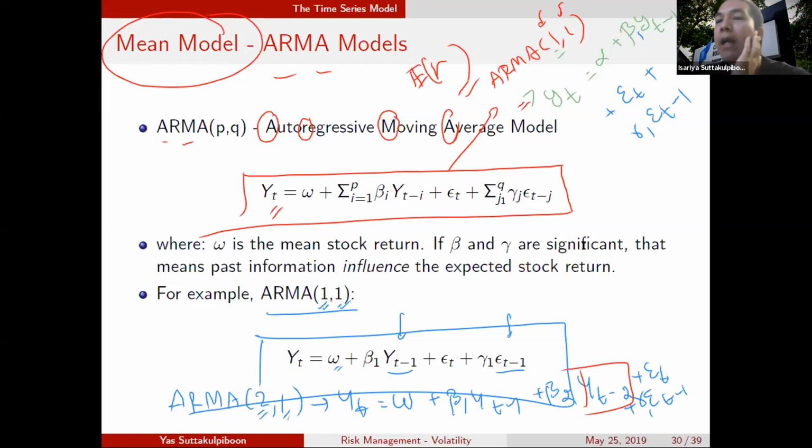term here. Why are we doing this? When we use ARMA we basically think that there's a